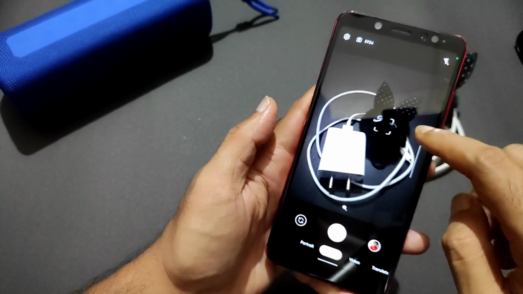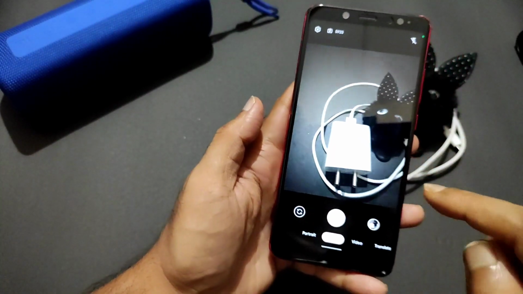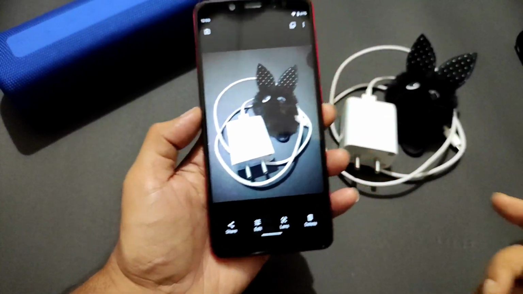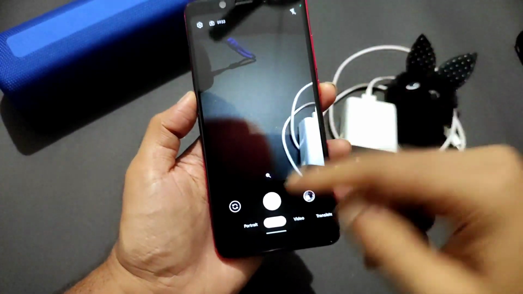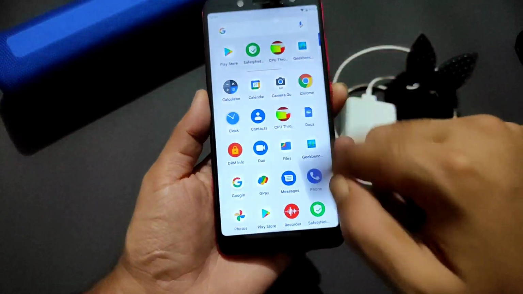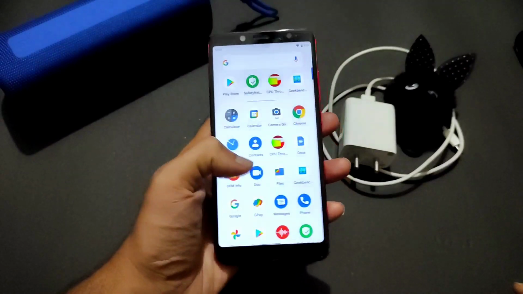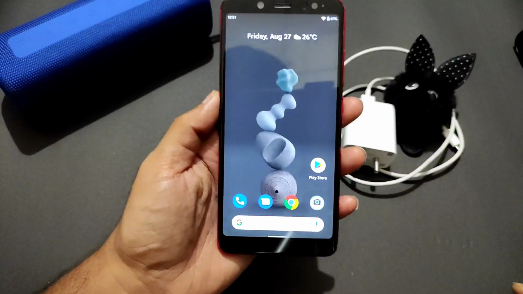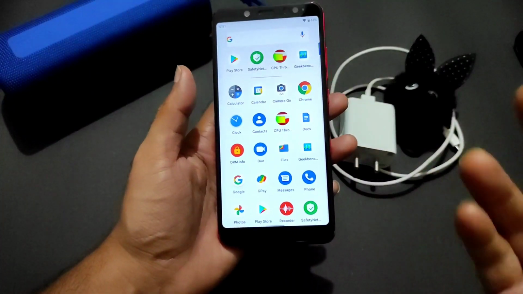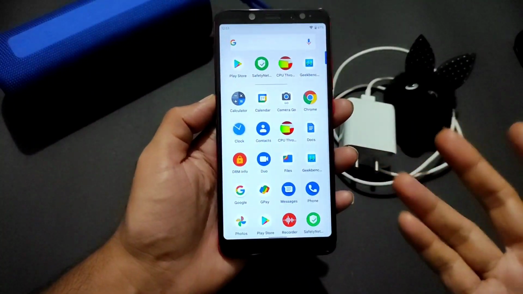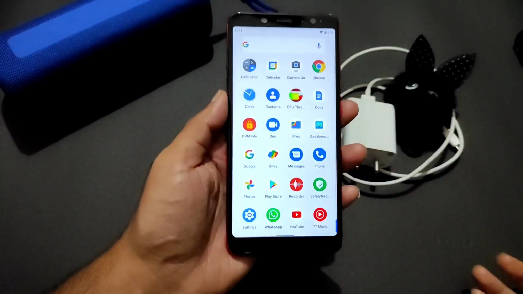As you can see, you can adjust the brightness slider also, I mean the exposure. You can tap here to choose the photos. It's working fine, the Google Go camera. If you want, you can use other Gcam ports. That's how the ROM performance is really good. You can definitely try it out. This is the latest one, Android 12 beta for version 2. The 21st August latest build, and September 1 Google Play Services settings, and everything is working fine in this ROM.